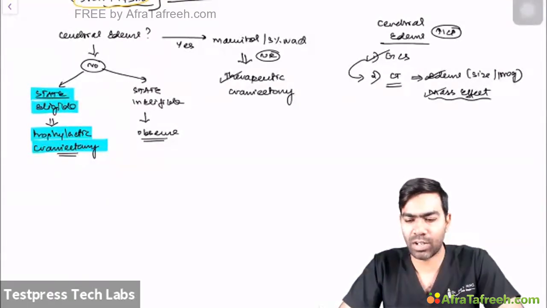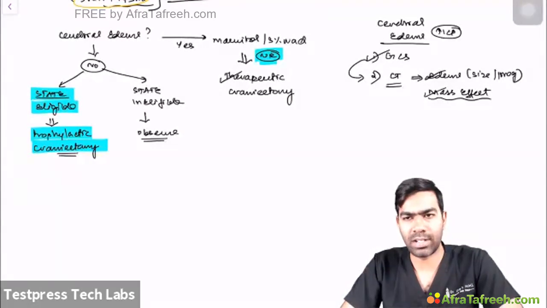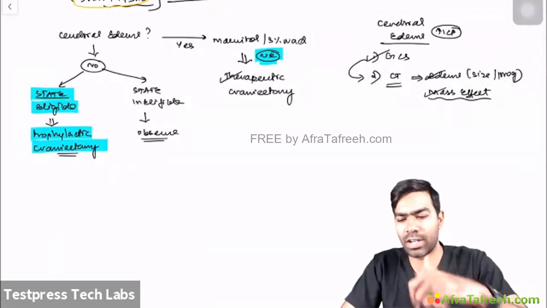If the patient is having a good GCS after giving mannitol and 3% NaCl, maintaining normally, then I will continue with the mannitol and 3% NaCl only. If the GCS is low, if the GCS is decreasing, then I'll do a CT. If the CT is showing substantial edema and mass effect, immediately I'll push the patient to theatre to do a